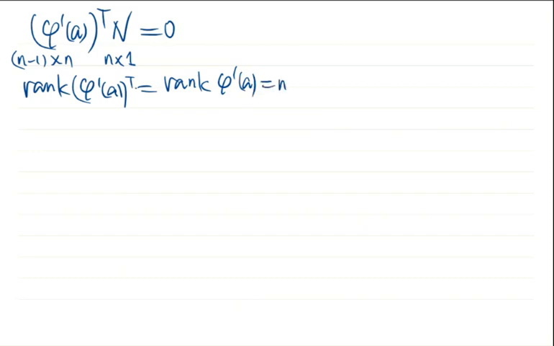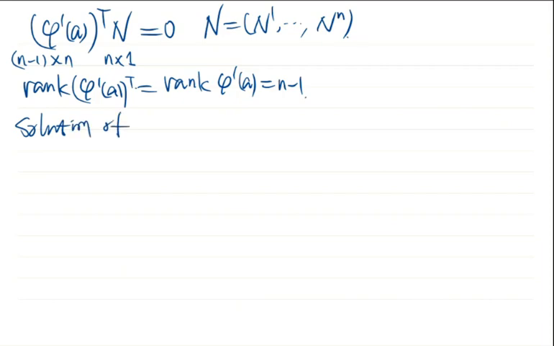So we have n unknowns. Our capital N should have n coordinates. We need to determine these n coordinates. So we have n unknowns and n-1 equations, and also the rank of the coefficient matrix is n-1. We see that